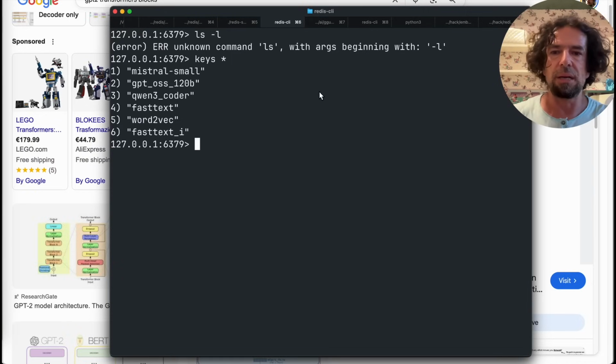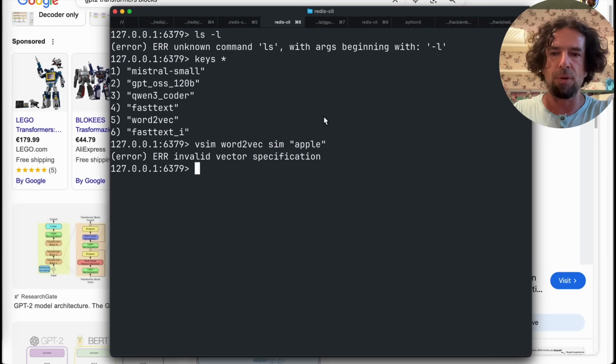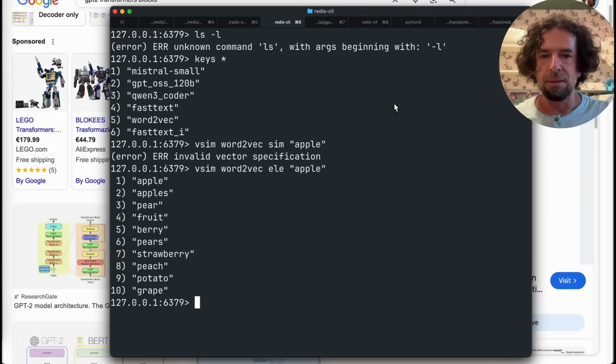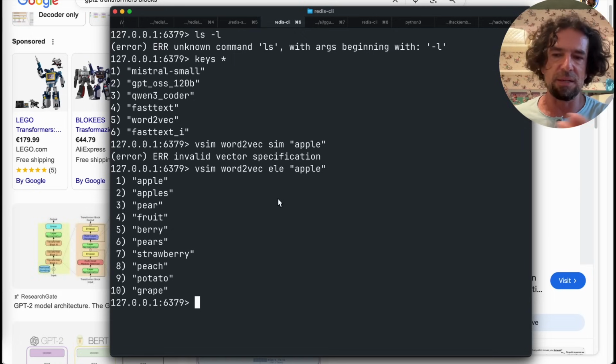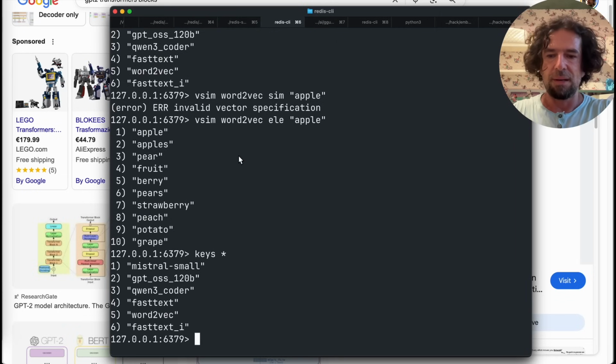So, for example, in Word2Vec, if we check Apple, what is similar to Apple for a very shallow network that needs to understand basic relationships among words? Well, apple is similar to apples, to pear, to fruit, to berry, and so forth. Instead, if I check with